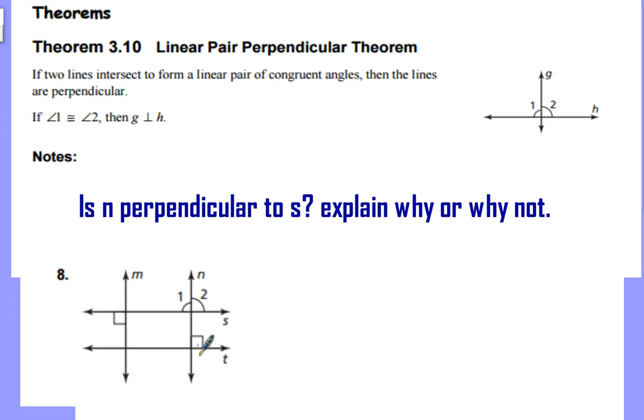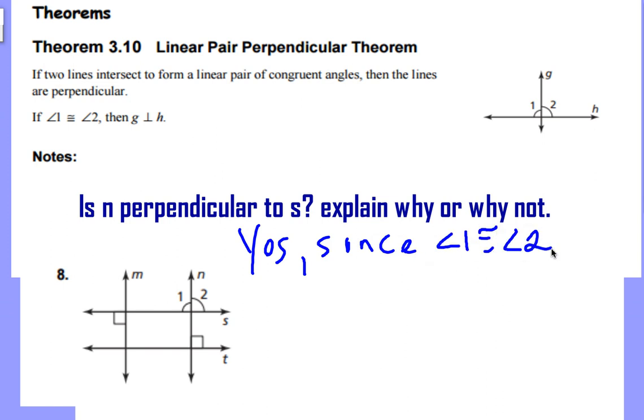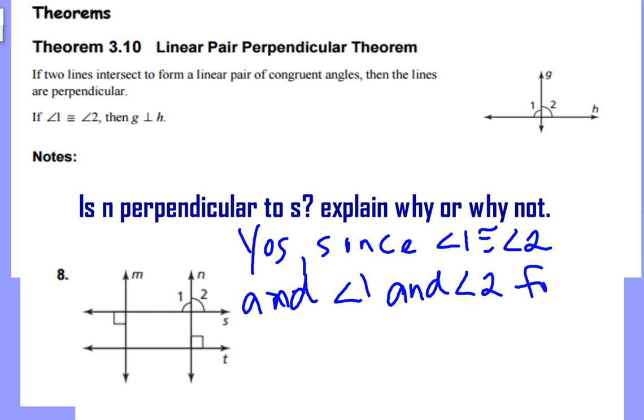So we can't jump to the conclusion that this right angle down here and angle 2 are congruent corresponding angles yet. But what we can say is, actually, let's back up. Hold on, let's back up. Yes, since angle 1 is congruent to angle 2 and angle 1 and angle 2 form a linear pair,